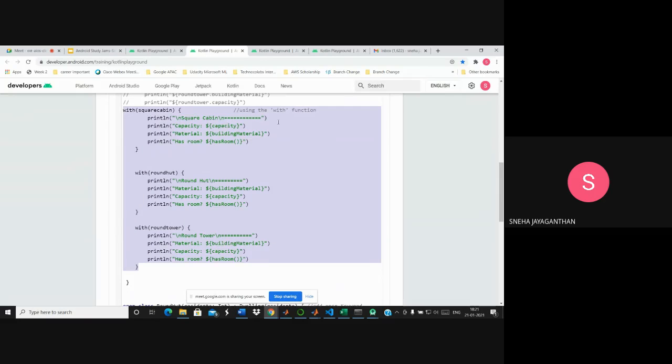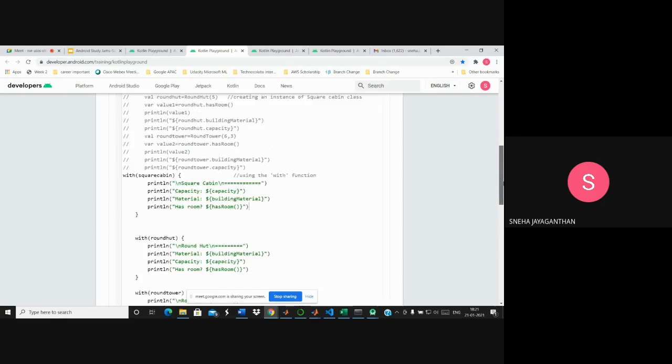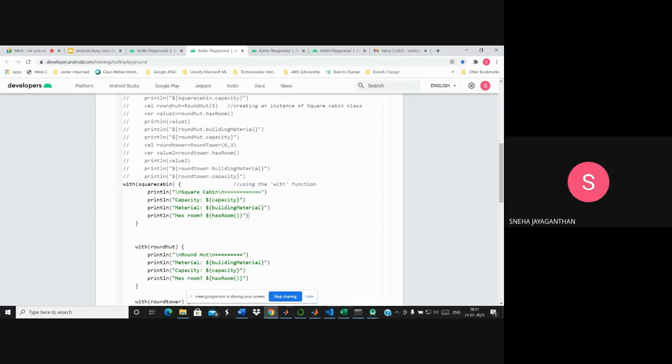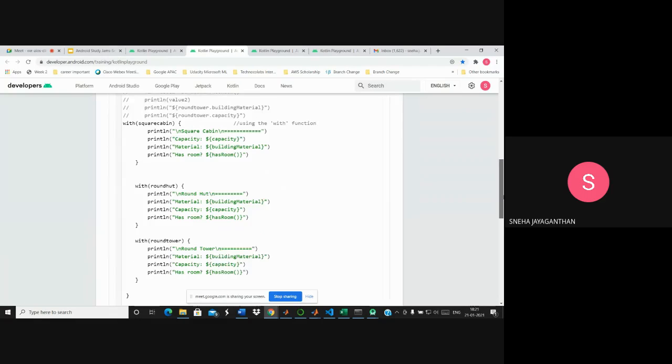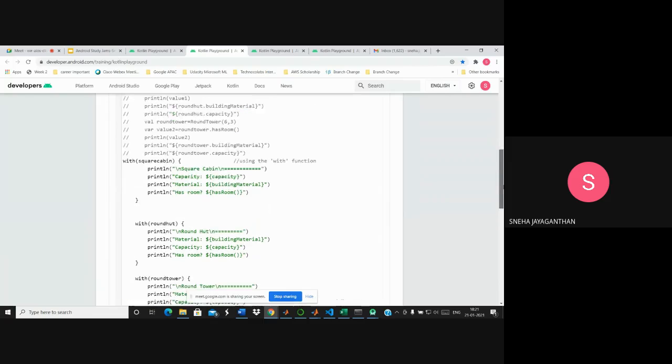So using the with function, we take the name of the class instance. I just pass my class instances square cabin, round hut, and round tower, and inside it you can mention its properties and functions, and it will give you the same result. So pass the instance once and just use its properties to print the corresponding value: the capacity, building material, has room, and similarly for each of the different subclasses.